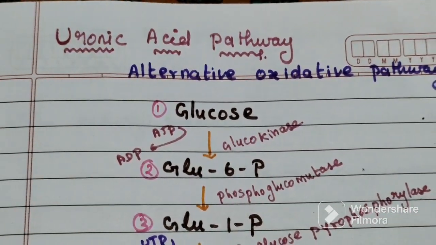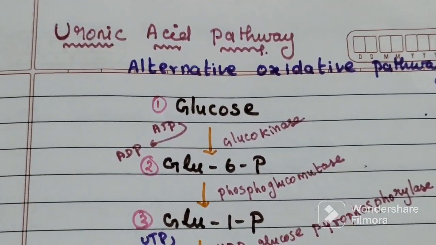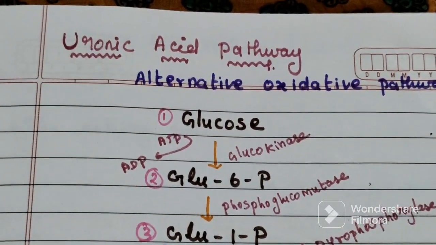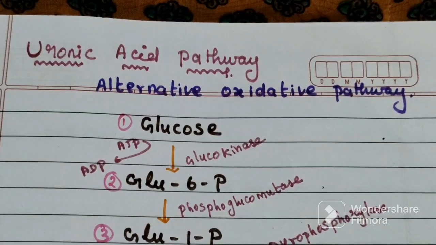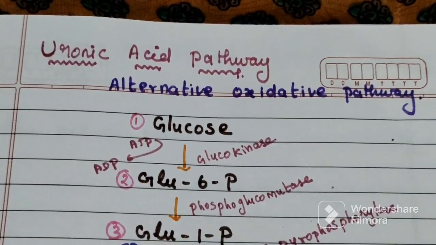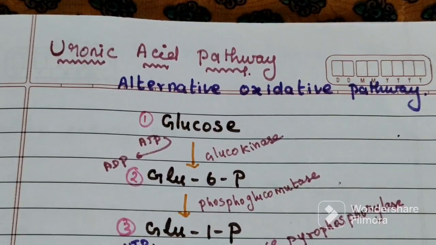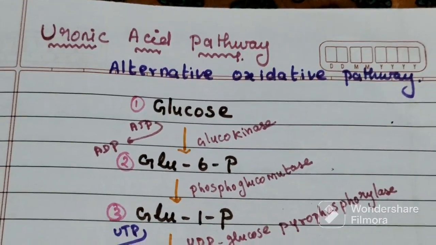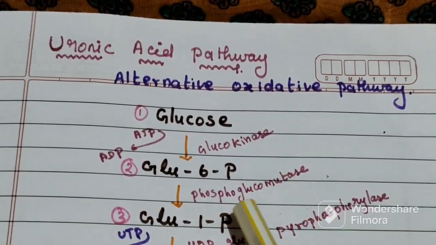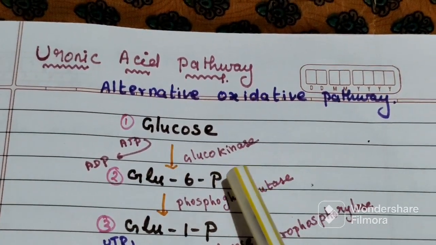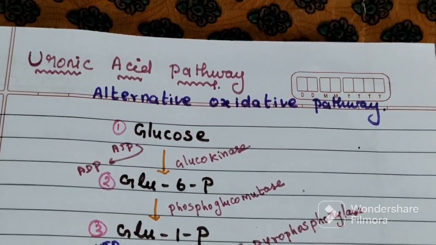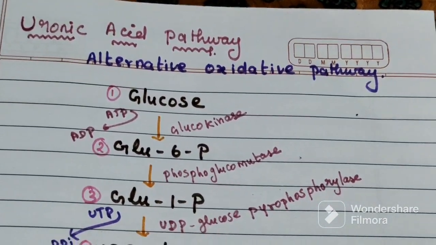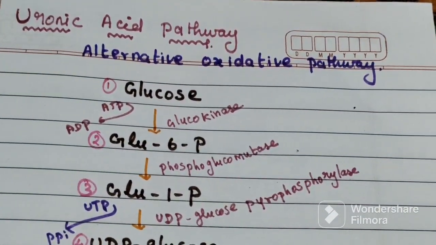In this video, we'll discuss the uronic acid pathway. It is an alternative oxidative pathway for glucose. Glucose will be converted into glucose 6-phosphate by the enzyme glucokinase. One phosphate group is donated by ATP. Then glucose 6-phosphate is converted into glucose 1-phosphate by